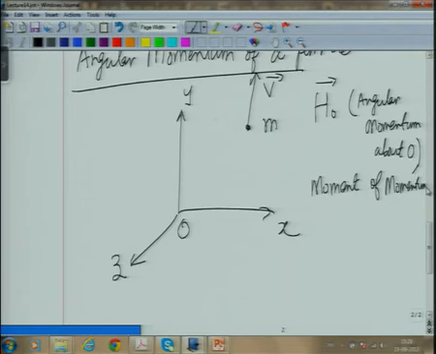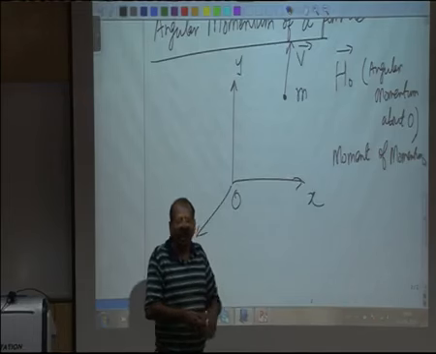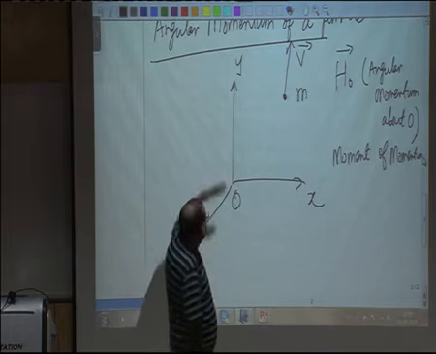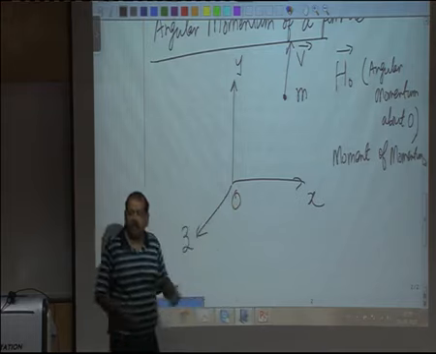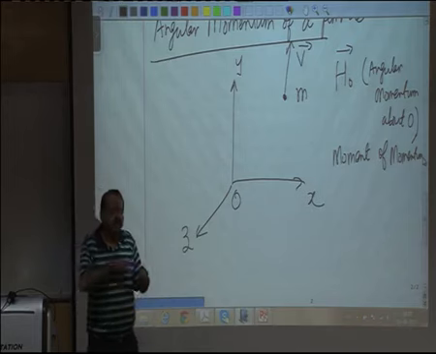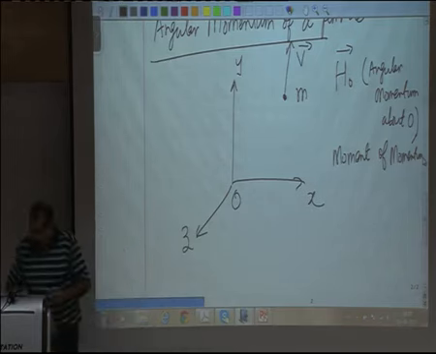Now, what is the momentum of this particle? m times v vector. What is the moment of momentum about point O? How do we find the moment? R cross this. So if this position vector